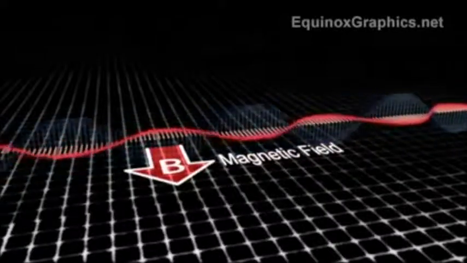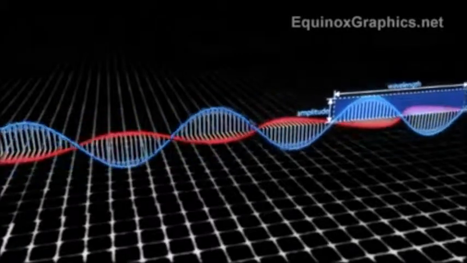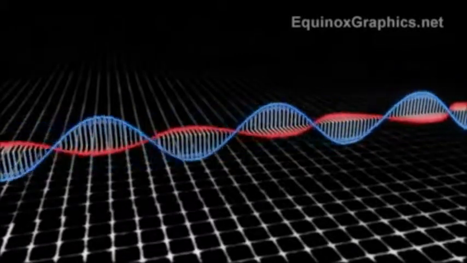Those similarities include that both types of waves can be reflected, refracted, diffracted, and that they can interfere. As I said before, we'll cover those